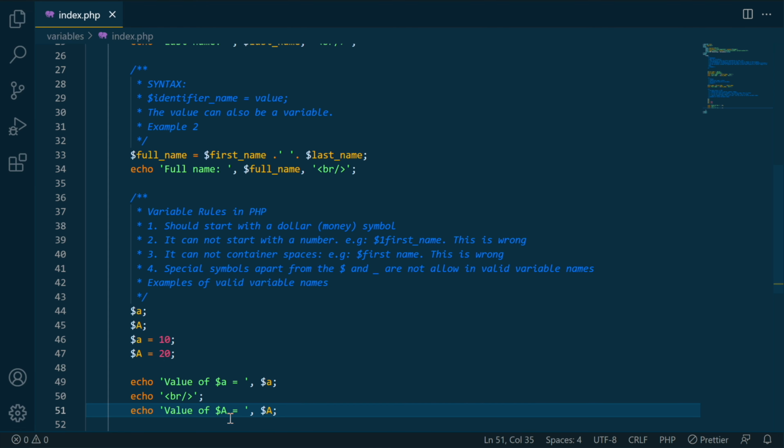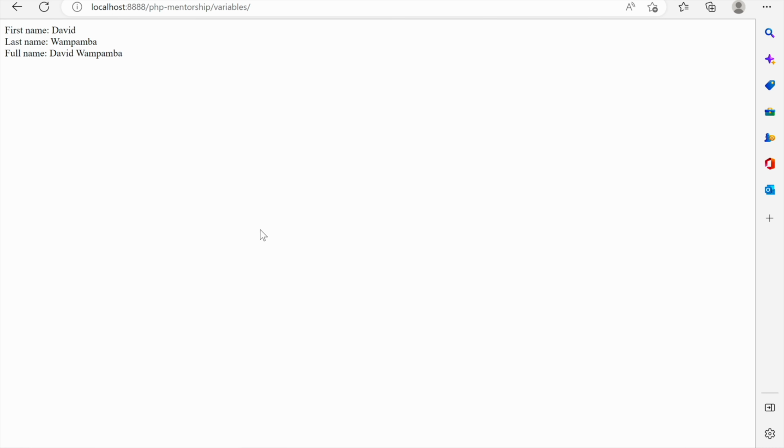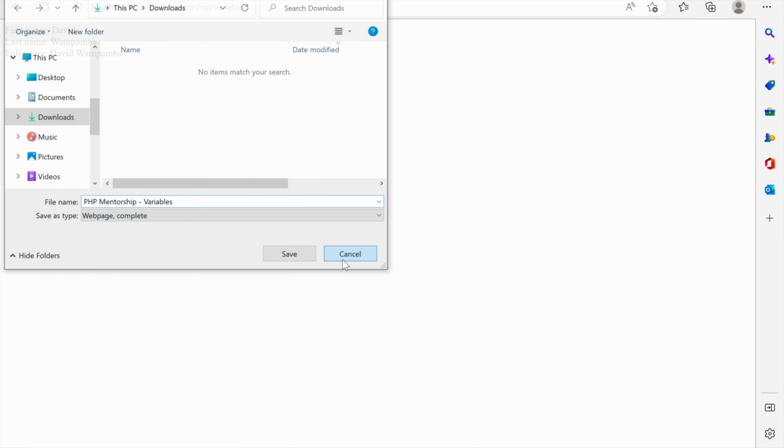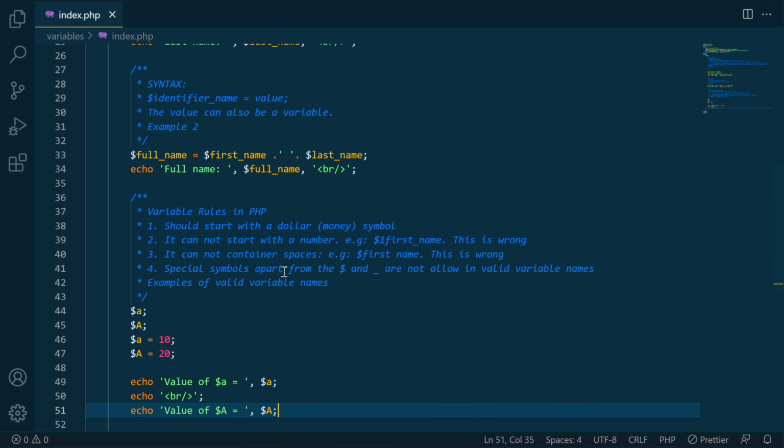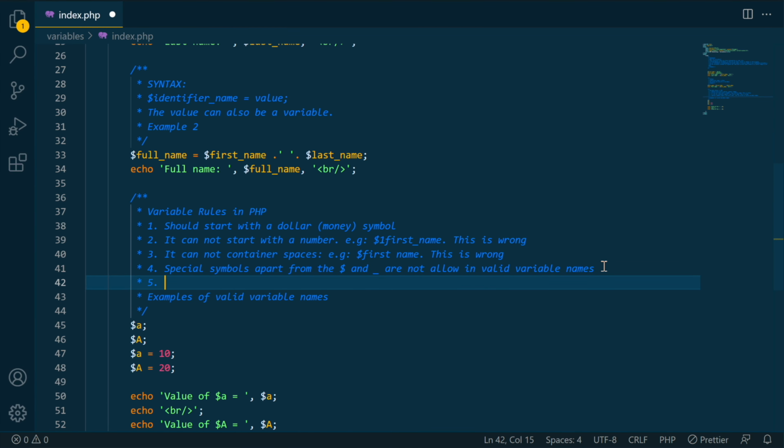Okay, so I'll go to the browser and check this out. I need to just refresh. So you can see the value of a equals 10 and the value of capital A equals 20. Now that means that the fifth rule of variables is that variable names are case sensitive,